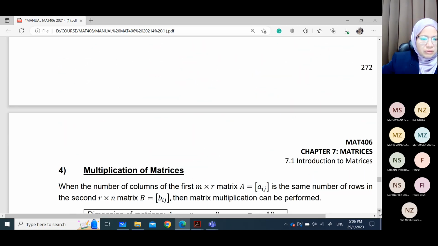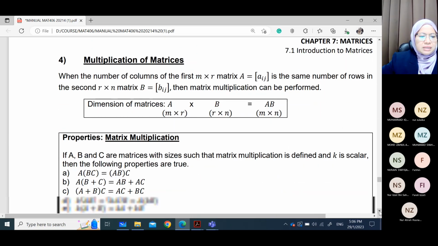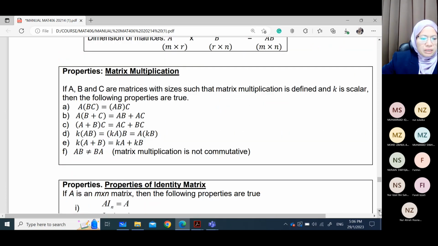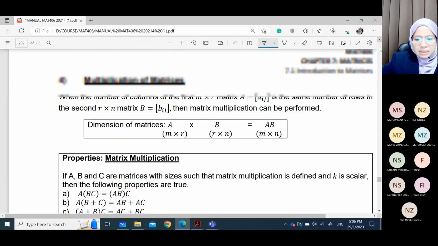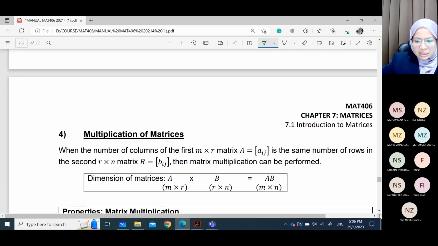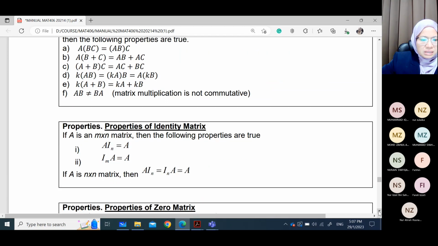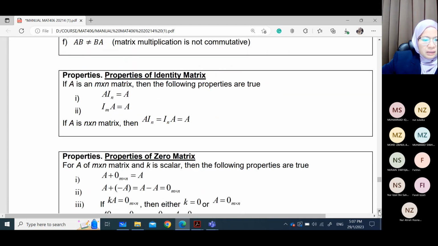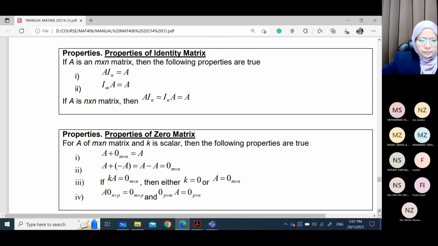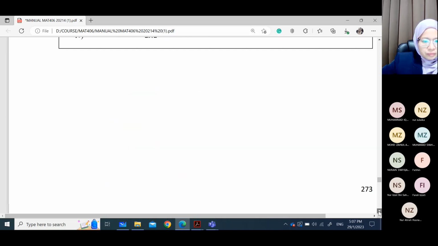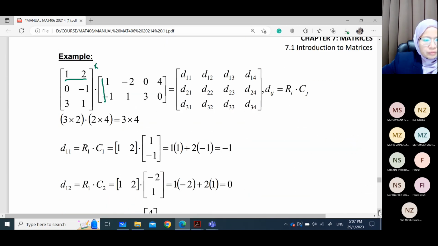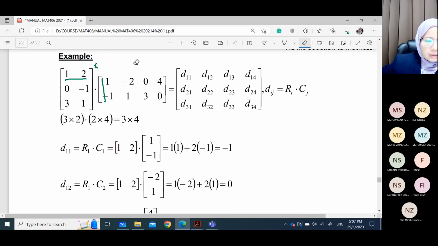So next kita tengok multiplication of matrix. Ni kita nak matrix darabkan dengan matrix. So matrix darabkan dengan matrix ni agak lain sikit daripada yang tadi. Yang tadi skala multiplication. So sekarang multiplication of matrices. Okay. So bila untuk yang ini kita ada matrix, nak darabkan dengan matrix, cara dia adalah